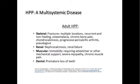So skeletal-wise, you have fractures. In the adults, they're often recurrent, often non-healing, osteomalacia. Chronic bone pain is often a symptom that we see in patients in our clinic. Arthritis as well as pseudogout. From the kidney perspective, we often